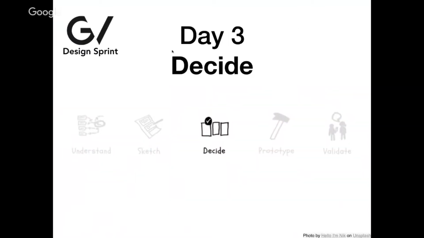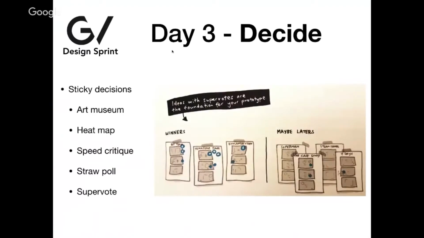Next part is decision. We have many ideas which came from many heads into many sketches, and now we need to select what we really should go for. So again, we will have several exercises which will help us select something. And of course, we have the decision maker who will have the last word. There will be several parts which we will do. It will end up with some stickies which we use for voting, and some stickies will have a special sign on them because they are from the decision maker.